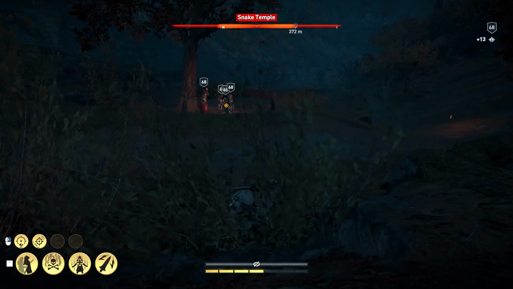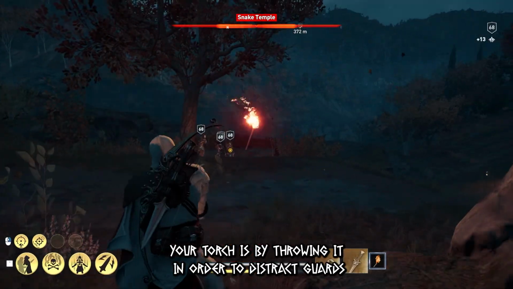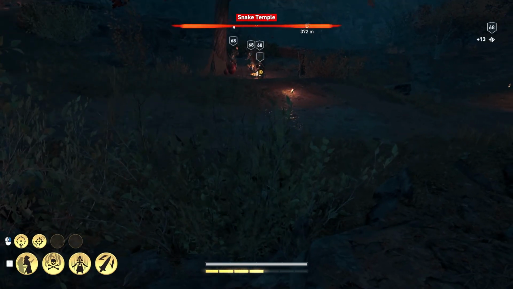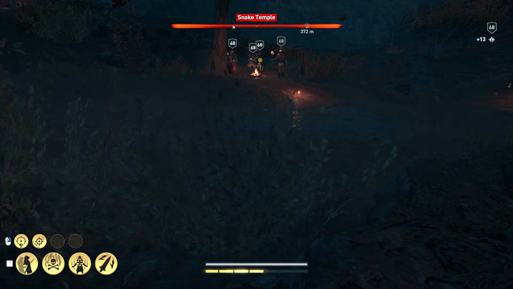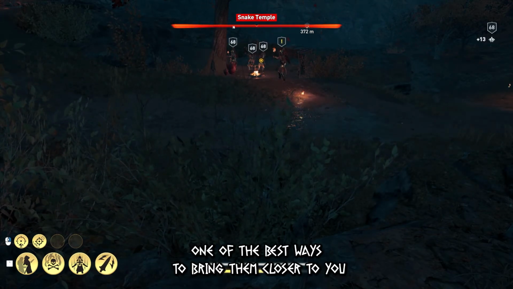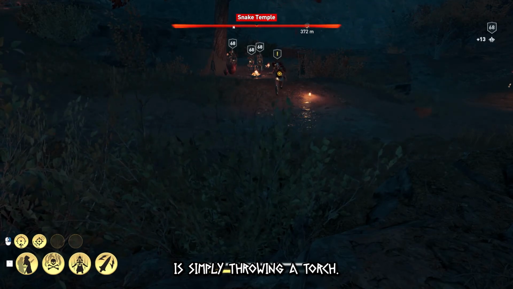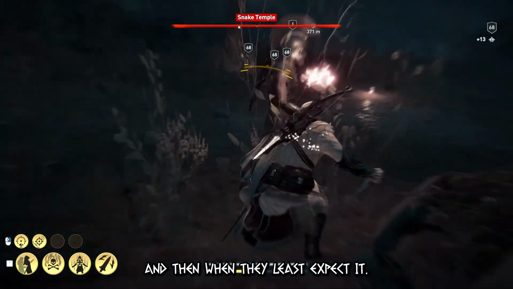One really fun and useful way you can use your torch is by throwing it in order to distract guards. Sometimes guards will be further away than your whistling range. One of the best ways to bring them closer to you is simply throwing a torch. And then, when they least expect it...